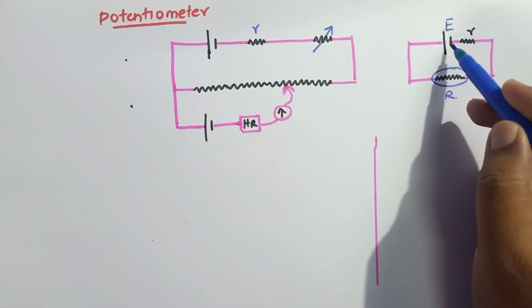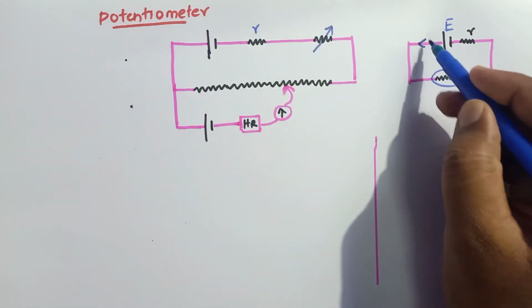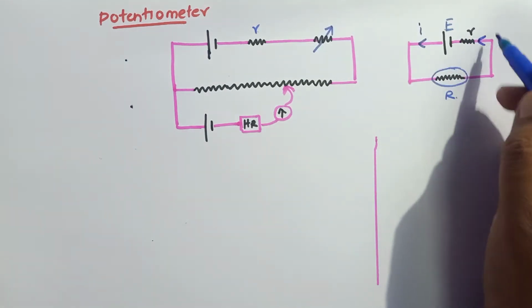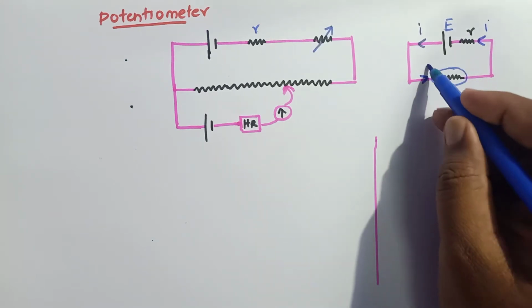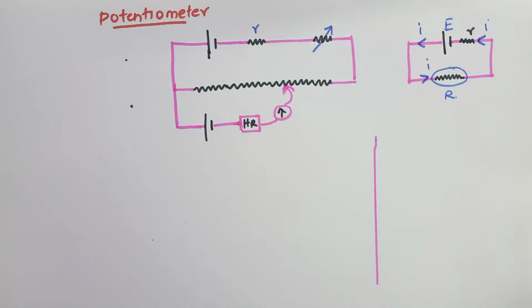So this is an EMF E. A cell is having an EMF E in which the current I is passing. Here also current I is passing. Here also current I is passing. So if you consider Kirchhoff's law,